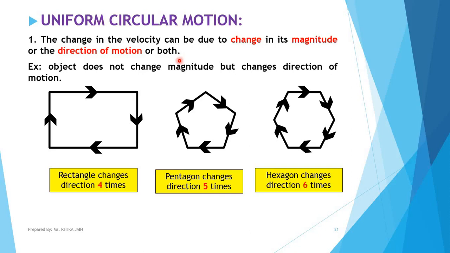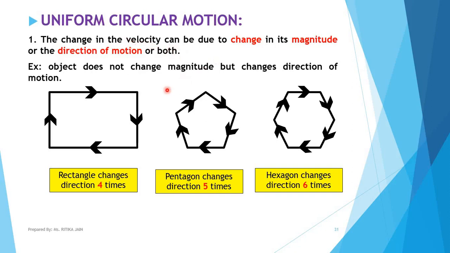And the third parameter, if both magnitude and direction are changing simultaneously, what can be an example of this? The direction is continuously changing if you are taking left and right and you are changing your speed also, like while taking a left your speed is 60 km per hour, then taking a right you reduce it to 40 km per hour. So three factors can affect the velocity.